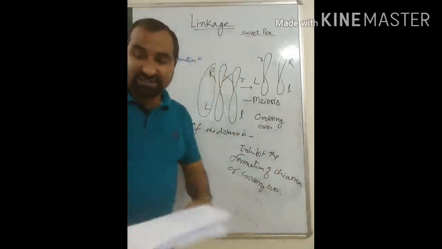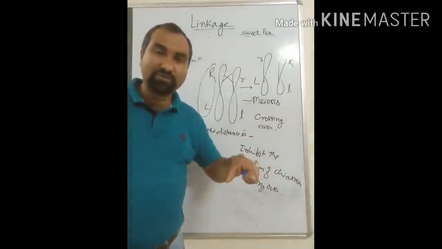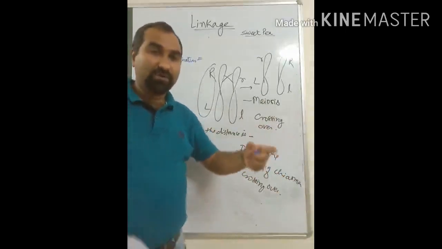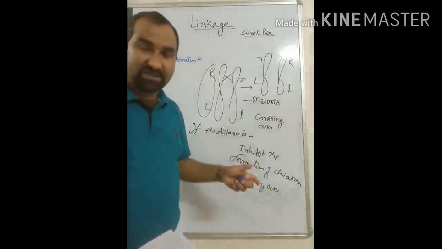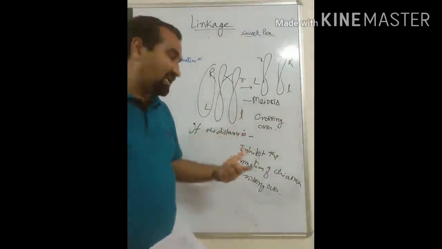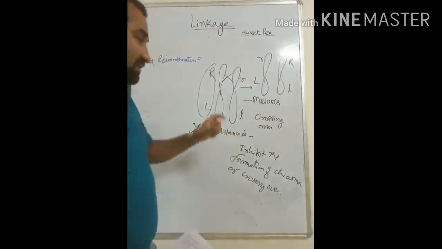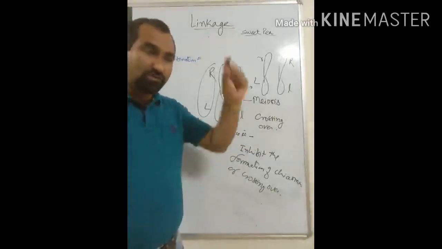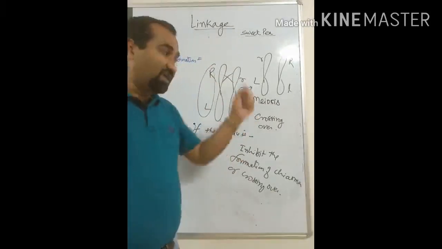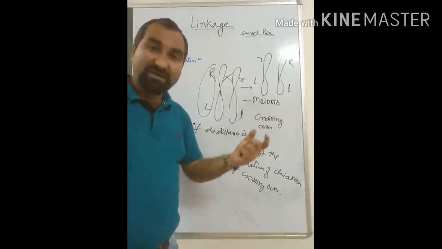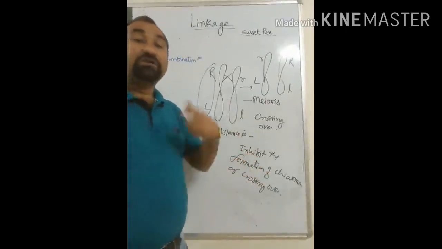So when two genes are distantly arranged, though on the same chromosome, or are present on different chromosomes, and when the genes are present on the same chromosome and there is sufficient distance between them, there is a chance that recombination will occur, crossing over will take place. But when the distance between two genes on the same chromosome decreases, it means both the genes are tightly arranged, there is less chance for recombination, less chance for crossing over, less chance for chiasma formation.